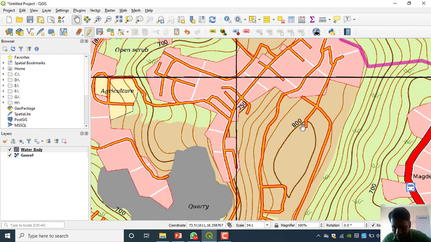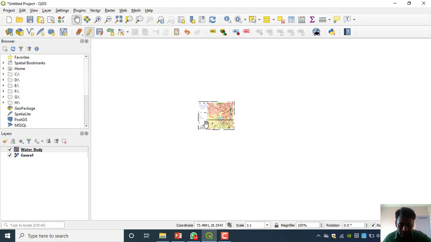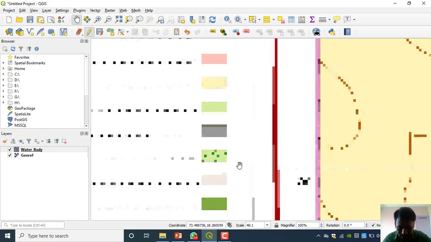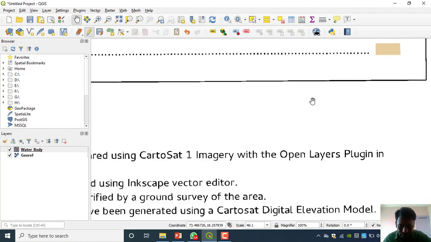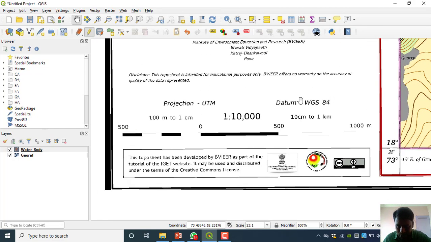These are the contours, 800, and then we can see the contour interval also. I think it is 20 meters on the topo sheet, that is the contour interval, meaning the difference between two contours. Datum WGS 1984, projection UTM. This is the projected coordinate system.